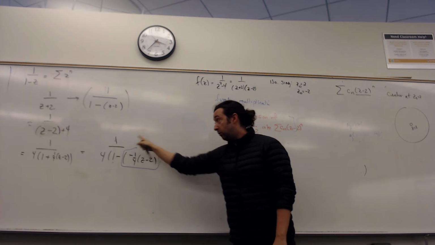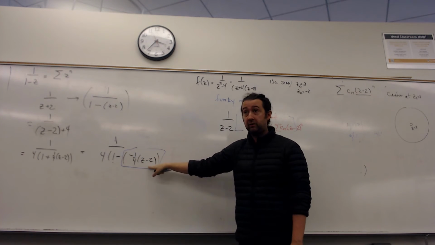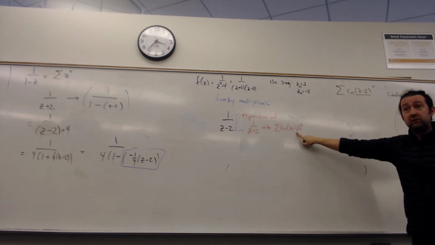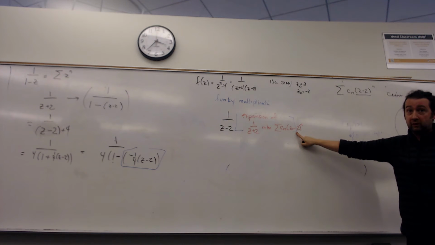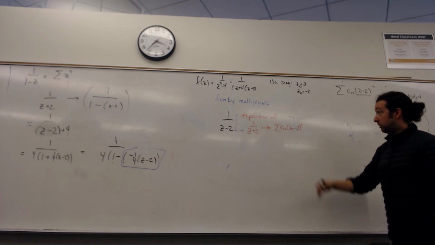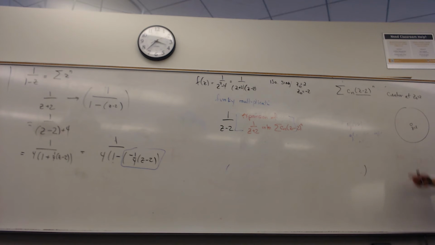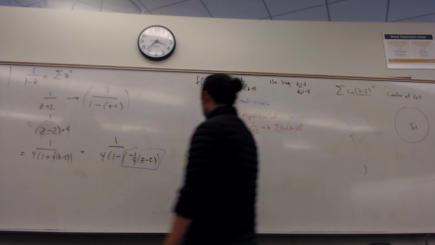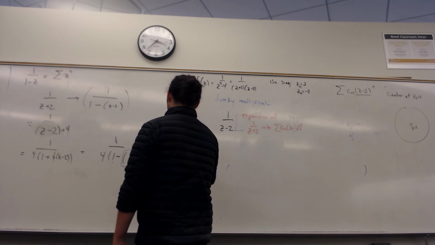You must have a 1 over 1 minus something with z minus 2's in it, or when you plug it into the geometric series formula, there won't be z minus 2's inside of it. Yep. You could do the same thing, but use z plus 2. In fact, that's the second half of the question, to go the other direction, because you can also expand this series around z equal to negative 2, which will be the second part of the calculation. So, to make totally clear what's going on here: